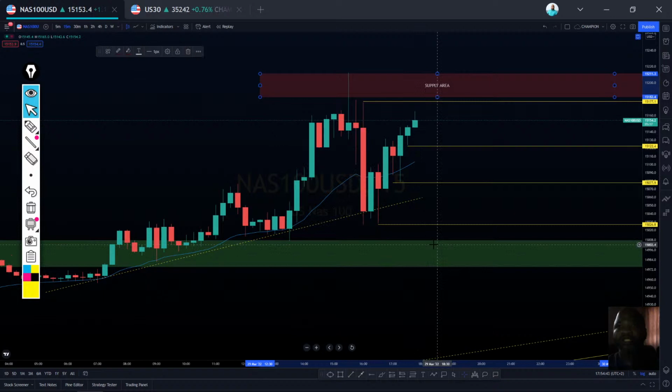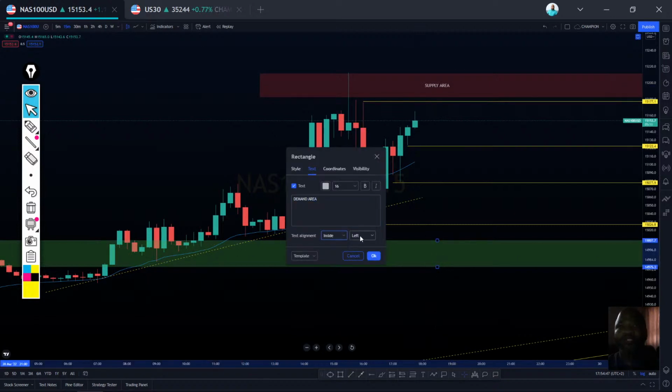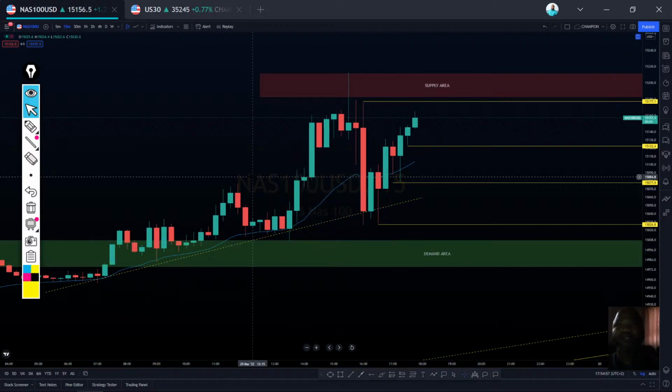This one also, allow me just to make it the same as that one. So usually when I make this type of lines, I go around and look at our price and see where it goes, because when it comes to this area, it might respect it and push towards the downside, or when it breaks it, it pushes towards our